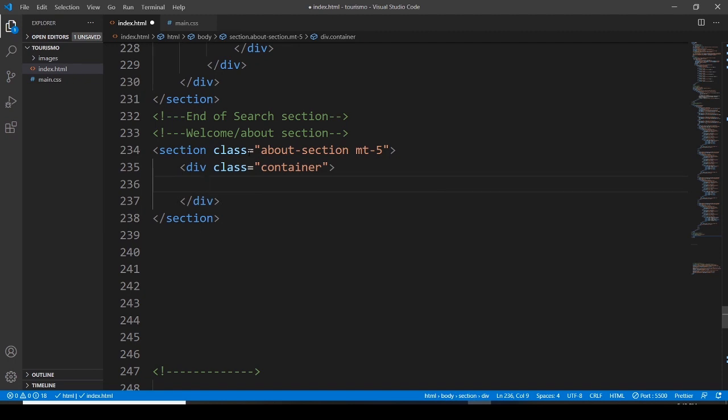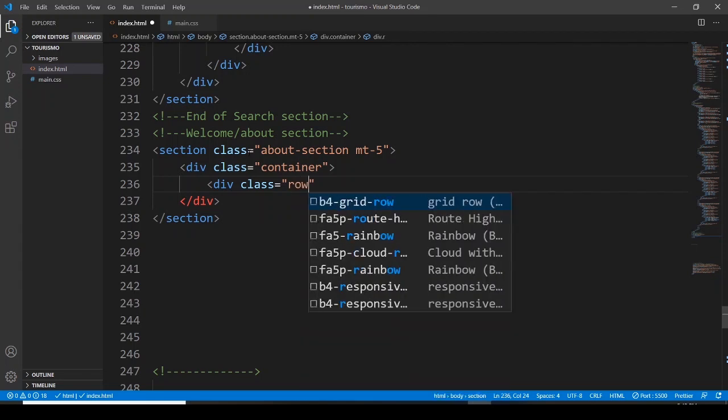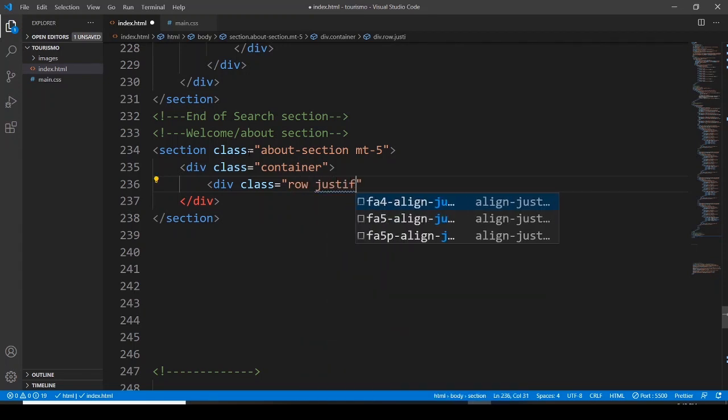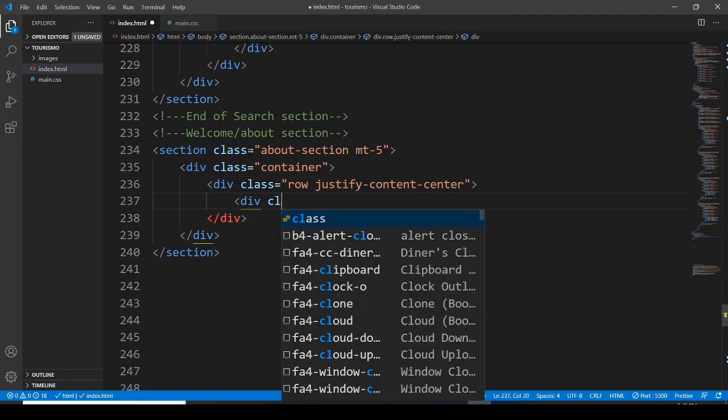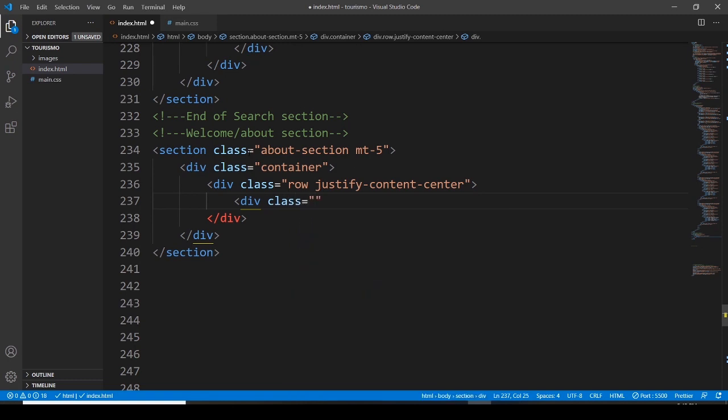And then I want to go with the division and another class, and here it is going to be row justify content center. And then division, assigning it a class, and this time this class is going to be, not row, sorry, I've done it wrong, column large 6 text center,